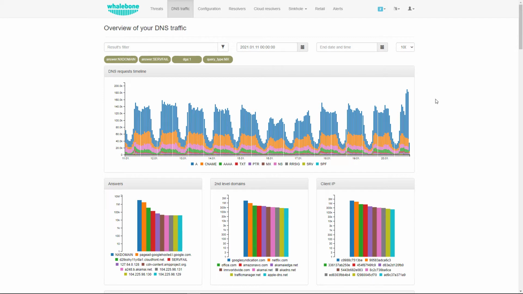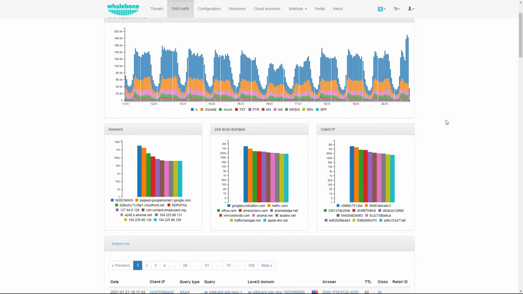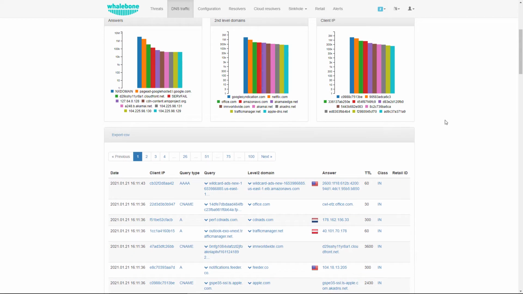You can see the timeline of the DNS requests and answers of the last 14 days in the DNS traffic log. The log shows the first resolution of the domain by a given IP address in the last 24 hours, the type of query, the outcome of the resolution, and the source and destination IP address. It also enables you to do a full text filtration using wildcard operators.